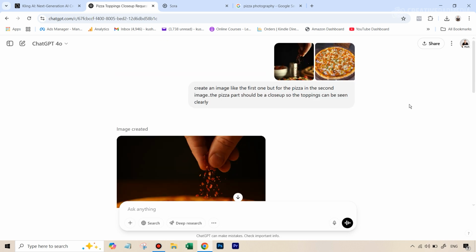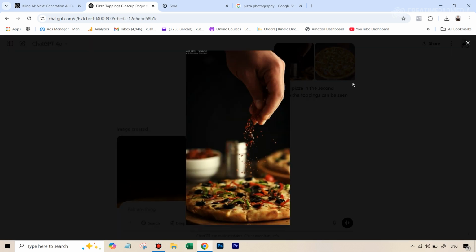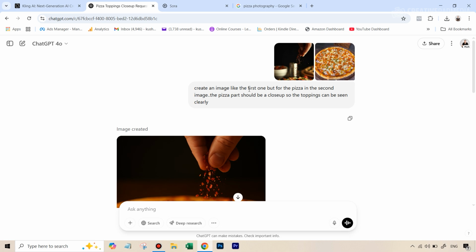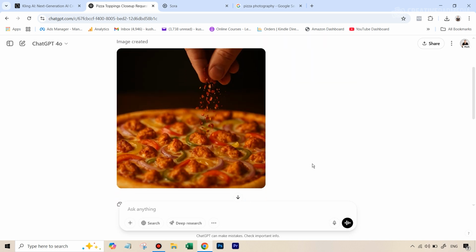The next image also worked out fairly well. This was the reference image, and I just typed in create an image like the first one, but for the pizza in the second image, the pizza should be a close-up so the toppings can be seen clearly. This was the first variation because I really wanted a close-up shot for this,